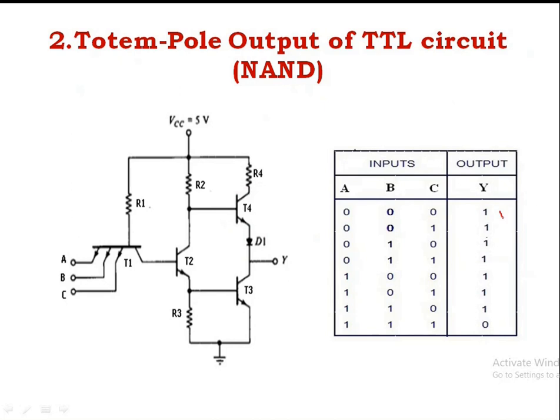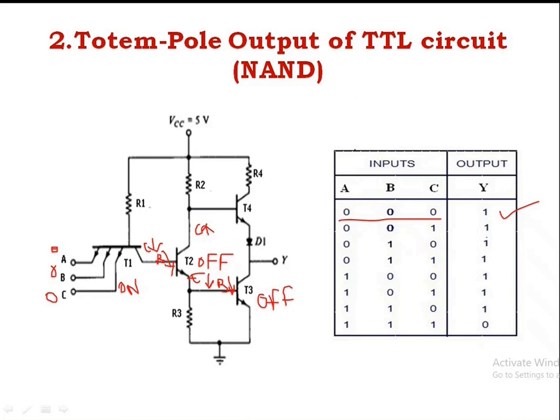Here, let me take two values. First, I'll assume that all the inputs are 0. So you just put all the inputs as 0. If all the inputs are 0, your transistor T1 is on. If transistor T1 is on, the collector is low, so the base here is low. Transistor T2 now is off, correct? If transistor T2 is off, you can see that the collector is high here and the emitter is low. Once the emitter of transistor 2 is low, transistor 3's base is connected here, so this is also low. Now your transistor T3 will be off.